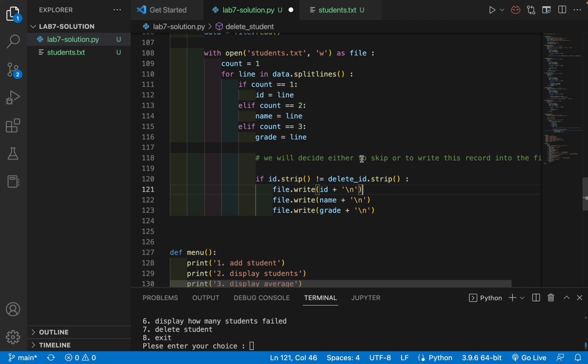All right. So that's it. If you want, okay, and now we have the ID, the name, and the grade written to the file. Okay, but let's say we continue like this,